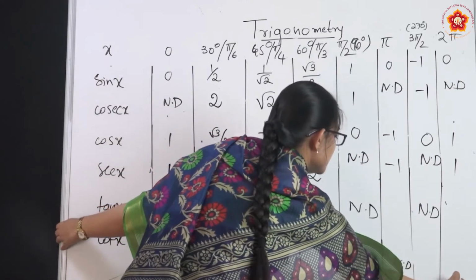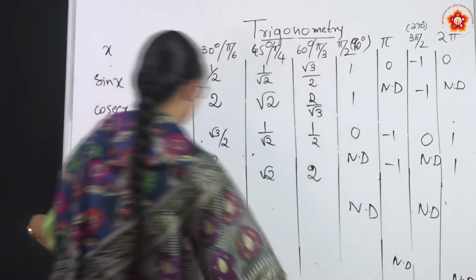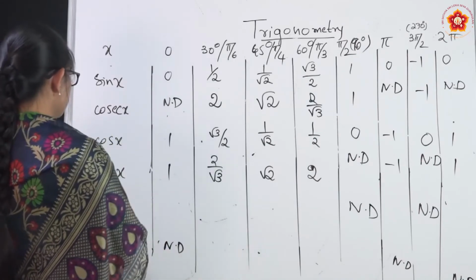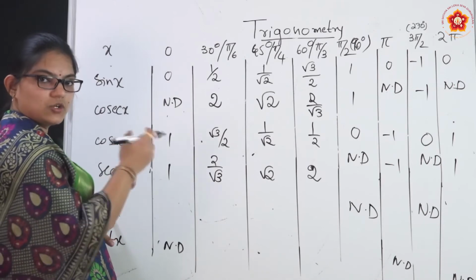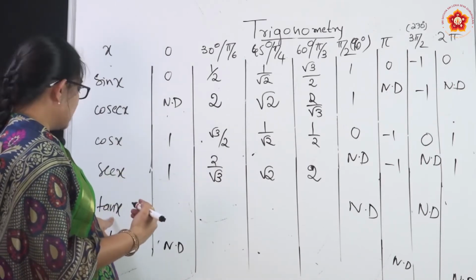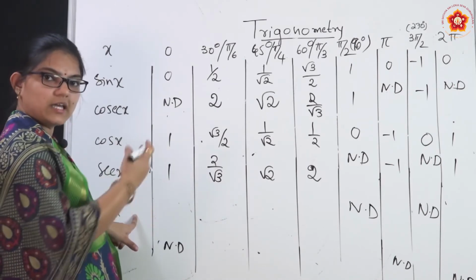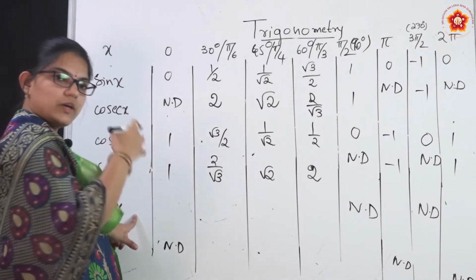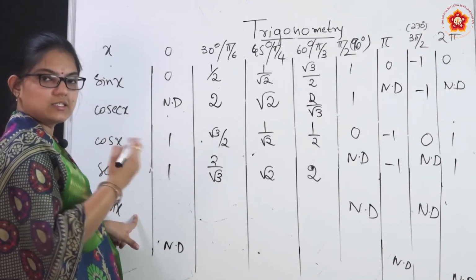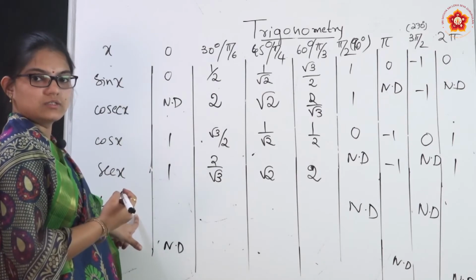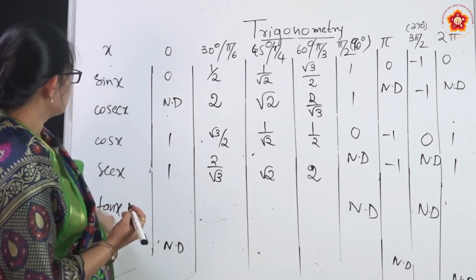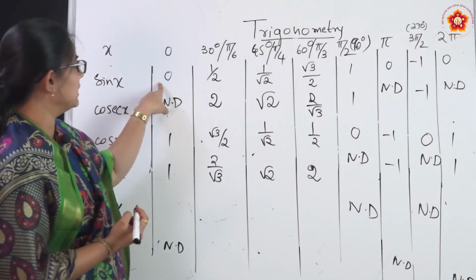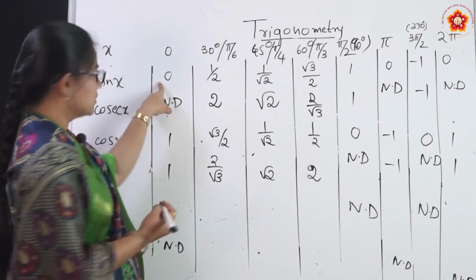and 2 pi, right. For the remaining values, tan x will be equal to 0 when the numerator is 0, right. 0 by anything is 0. So tan x is sin x by cos x, so whenever the numerator sin x is 0, you will get tan x to be 0. So you have numerator sin x 0 at all the multiples of pi including 0. So sin 0 is 0.